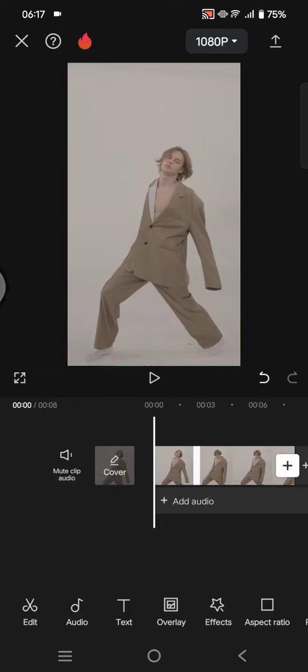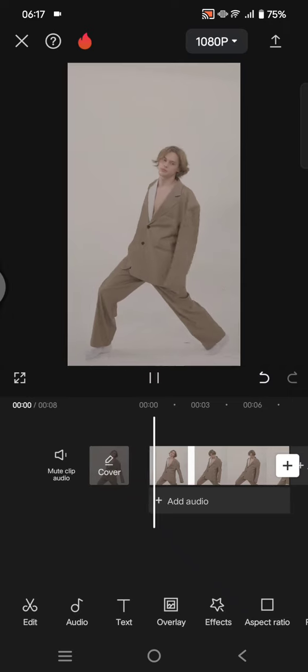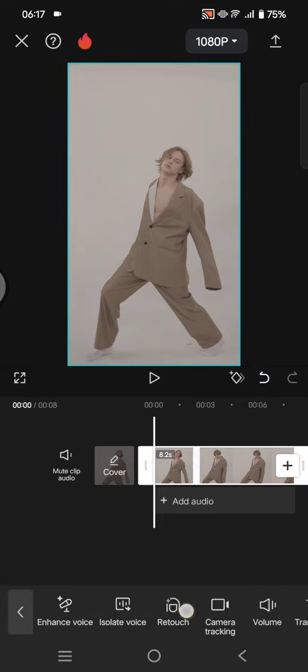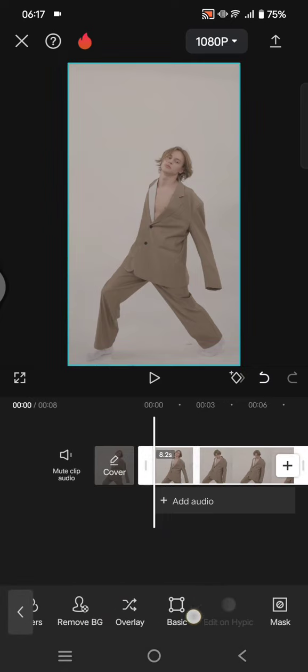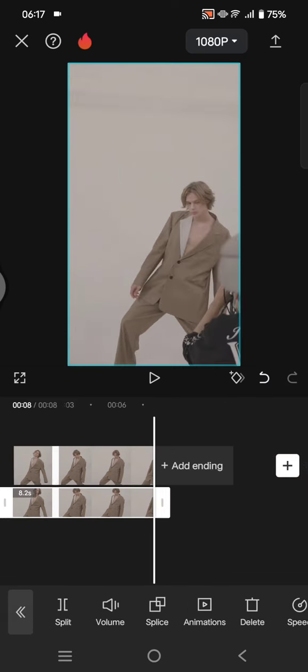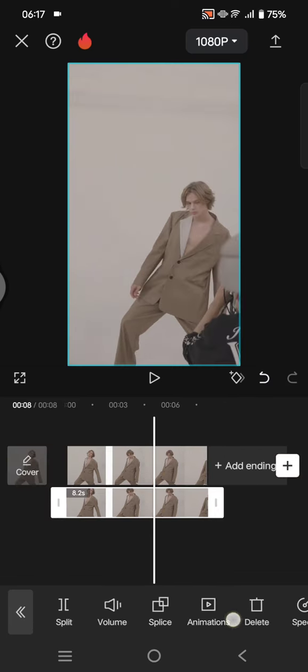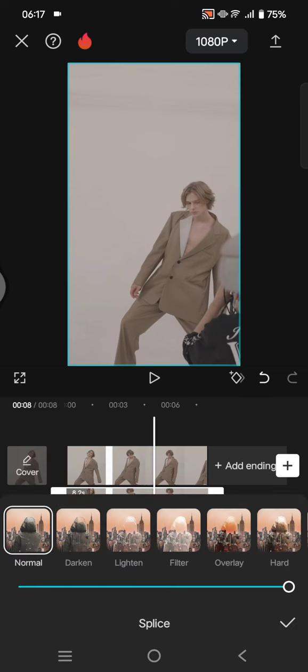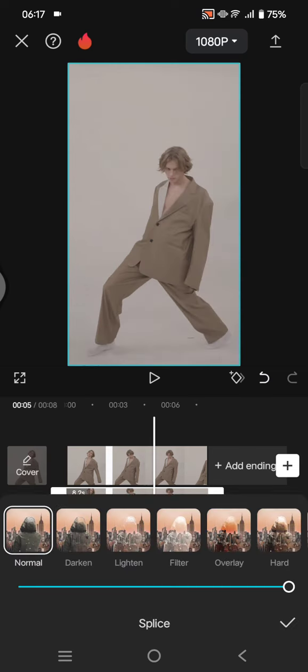On today's tutorial, I'm going to show you how you can get flicker or bling effect in CapCut. So in here, what you need to do is add your videos into CapCut like this. Then duplicate it first. So click on the video and choose to duplicate and make one of the video as overlay. So on the overlay here, go to blend or splice and here, lower the opacity to around 80